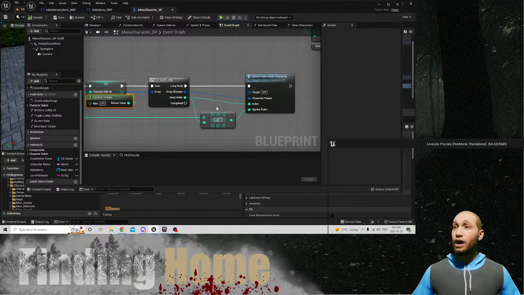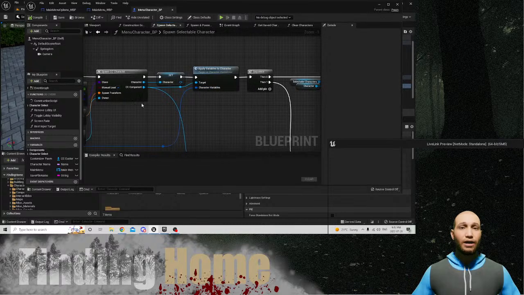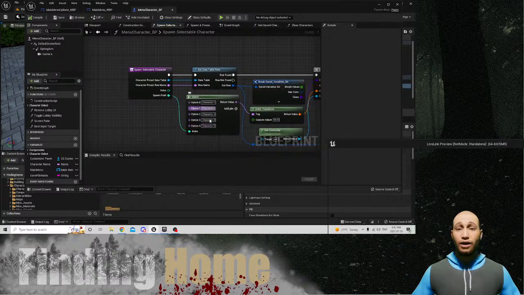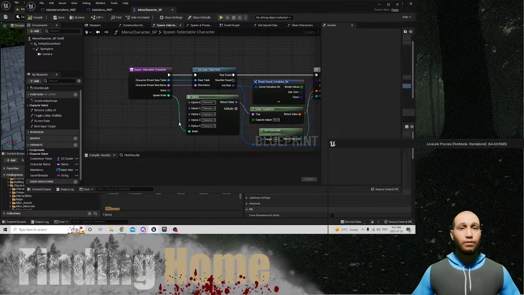Because remember, this character is 1, 2, and 3, so it attaches the spawn point of the character to the spawnable characters. And these are just, like I said, 1, 2, 3. Oh, it's only 5, so he has character 1, 2, 3, 4, 5. You could always add pins on each side or something. Add an option pin, you know what I mean? For the table, and it's going to take the spawn point for whatever index it is. So if it's index 4, it's going to spawn him at character 5, which will probably error right now because there is no character 5